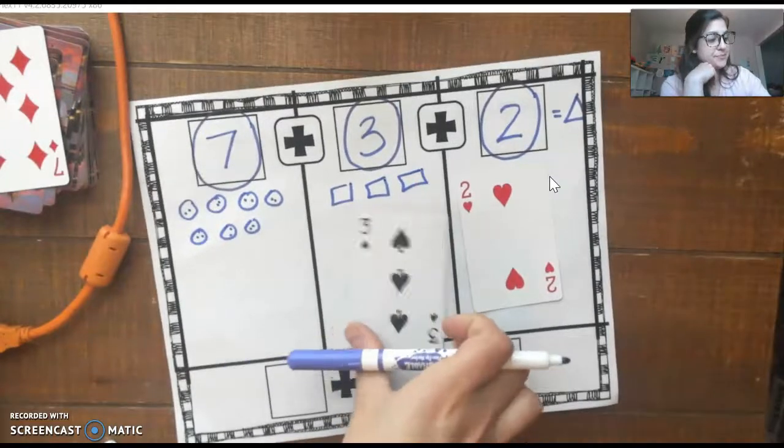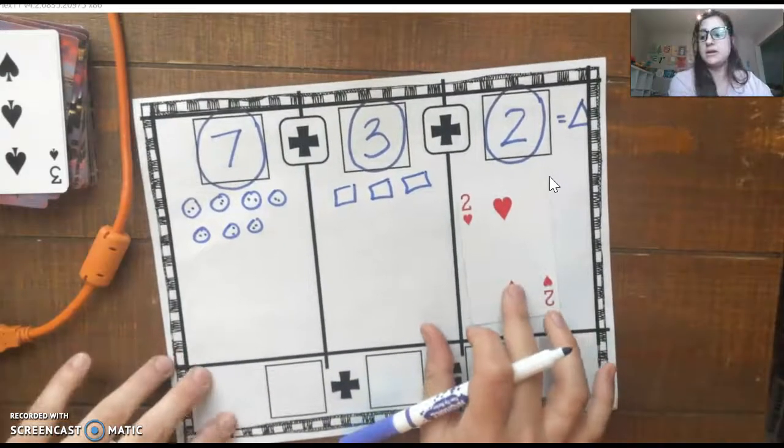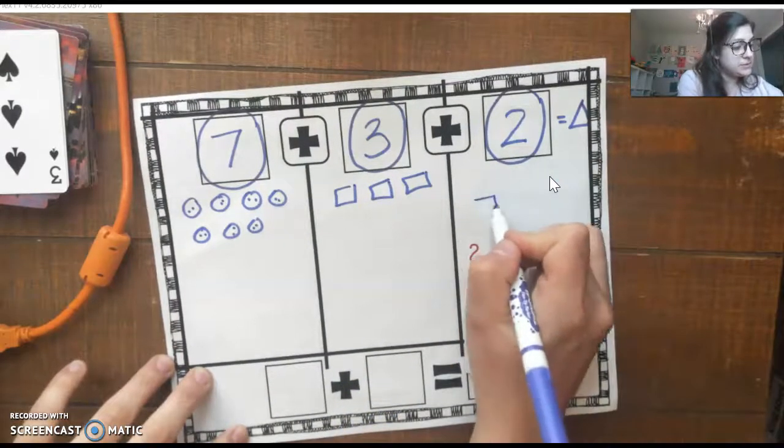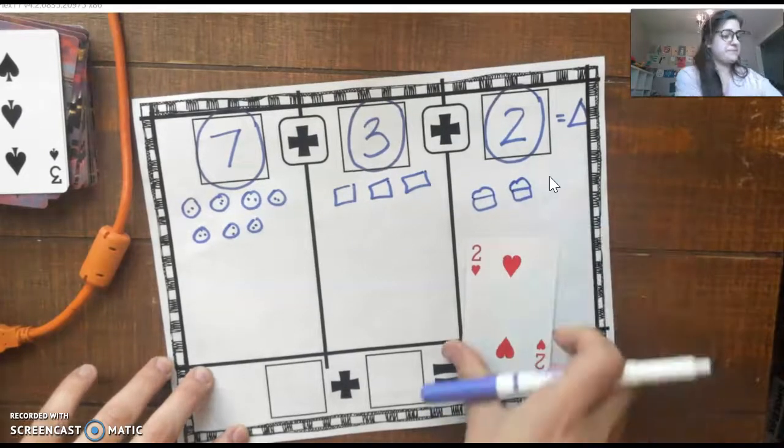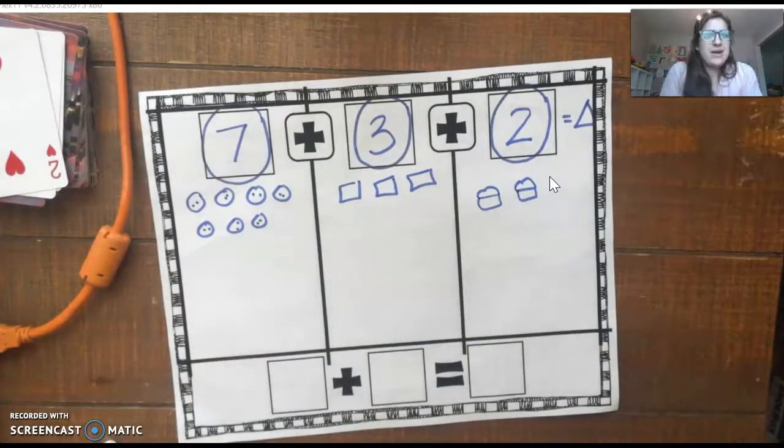Okay. And I have 2 cupcakes. So let's draw my 2 cupcakes. So I have a lot of treats. We said we found a friend of 10. We're going to add